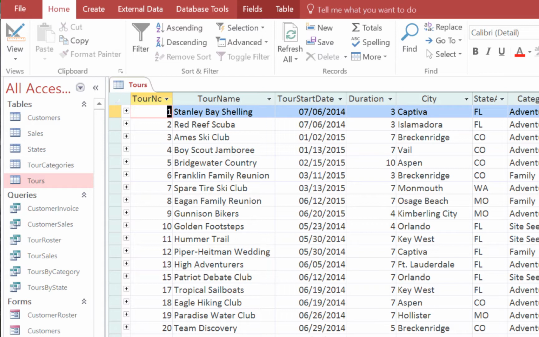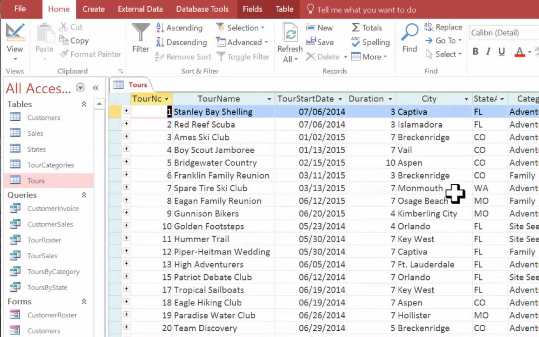For those Excel users out there, you will notice it does kind of have an Excel flair, right, with our auto filters on the top. Now in Access, a table is the fundamental building block of a relational database because it stores all of our data. We can enter and edit data in our tables.